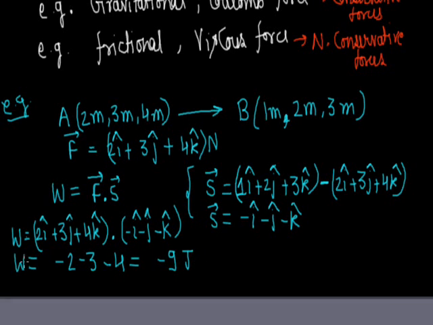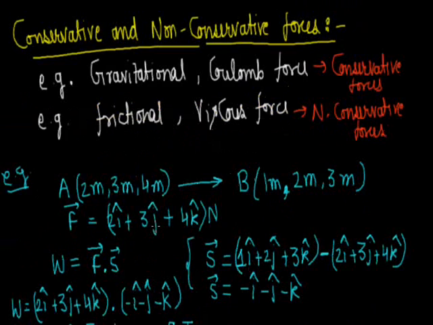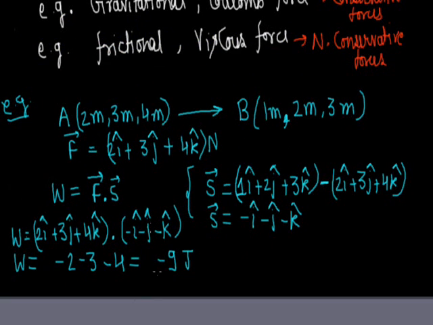So in this case, while calculating the work done, we did not mention the path through which the object was displaced. Only initial and final coordinates were required. Thus, if a particle or an object is displaced from position A to B through different paths under a conservative force field, then we can say work done by force in 3 paths will be equal.